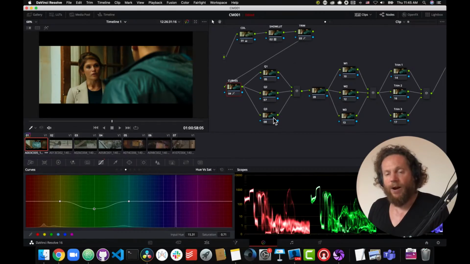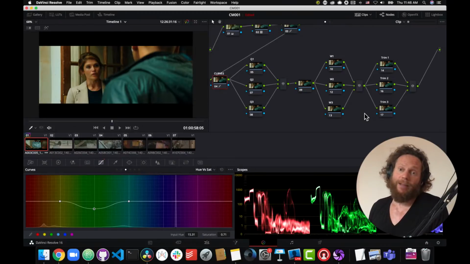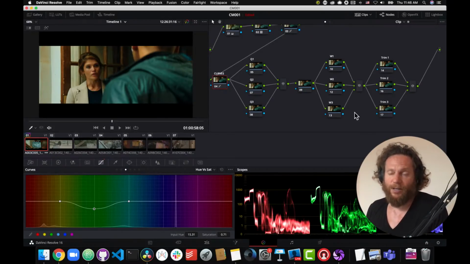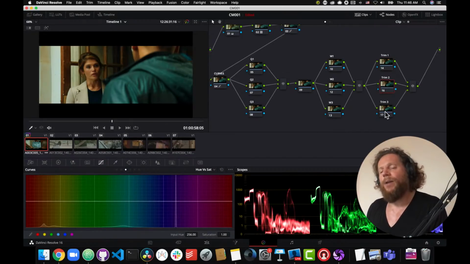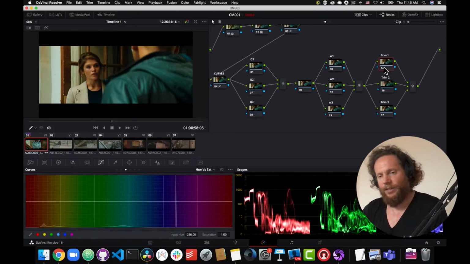As you can see, I put them into parallel nodes so that they all blend together a little bit nicer. And then I would do some free nodes for whatever stuff I need to do here. And then I always reserve these three nodes for windows. Sometimes it can expand to more windows, so I could sometimes have 20 windows. I mean, it's not unusual on shots. When I have enough time, I'll definitely love to use windows a lot. And then these nodes here are my trim nodes. And this is basically for when the director says, hey, fix something, or,